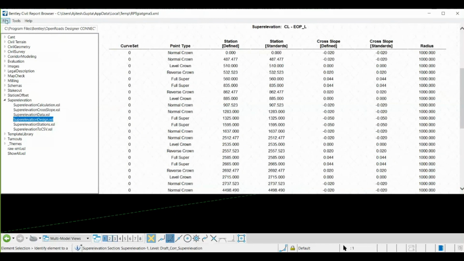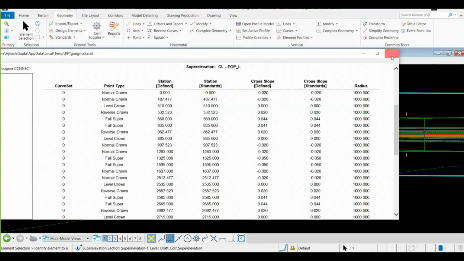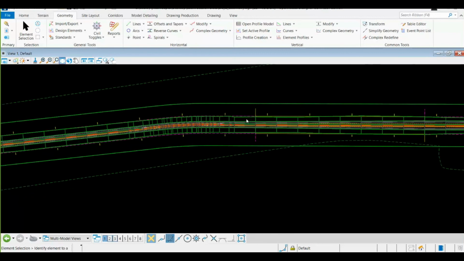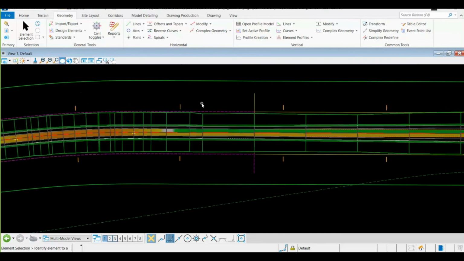Similarly, you can export or save this report in Excel form or in XML format also. So for CSV, suppose I have a super elevation defined prior, and I need to simply store all the values within the CSV file and project it to my corridor.